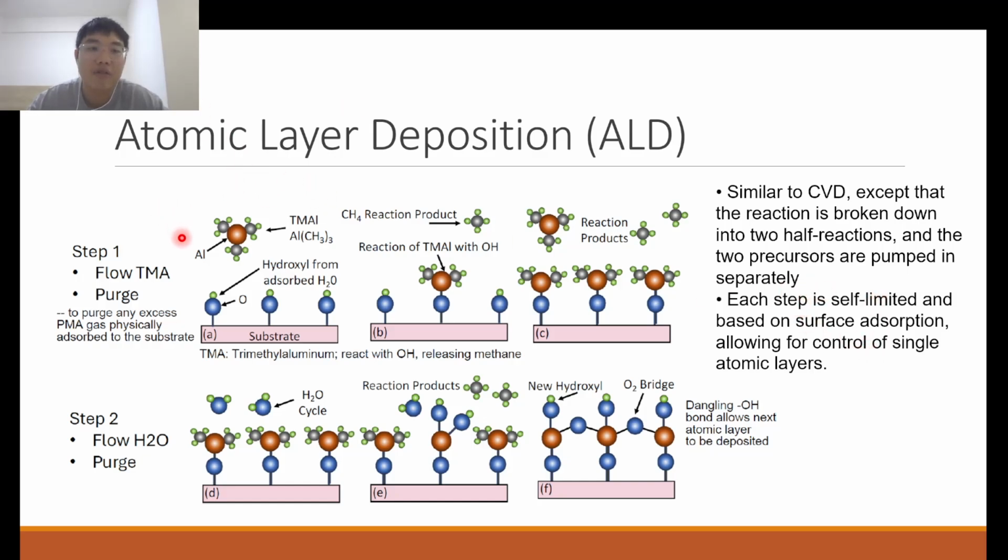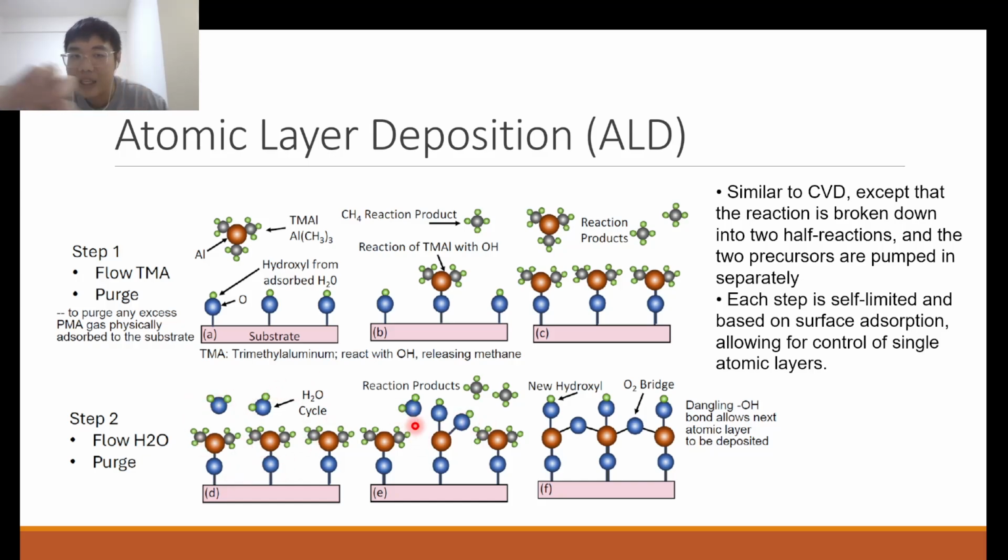So what do I mean? Let's say in the first step we flow your aluminum containing precursor, because we want to deposit aluminum oxide in this case. Then we only allow one layer of molecules to be adsorbed on your wafer surface. This adsorption occurs by binding of your TMAL, your aluminum precursor, with your hydroxyl groups, the OH groups on your wafer surface. Then we purge the chamber with an inert gas like argon to ensure that only this one layer of adsorbed precursor remains. Then we flow oxygen gas in, which is a second reactant, and it reacts